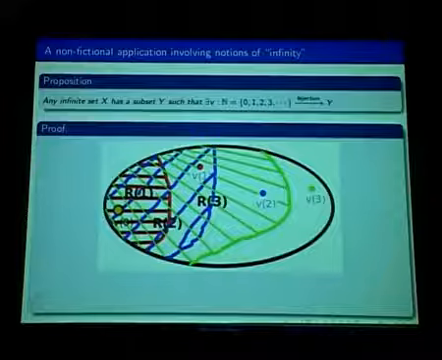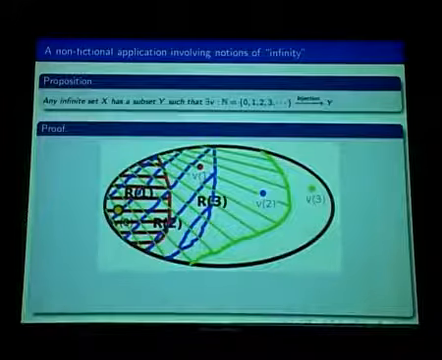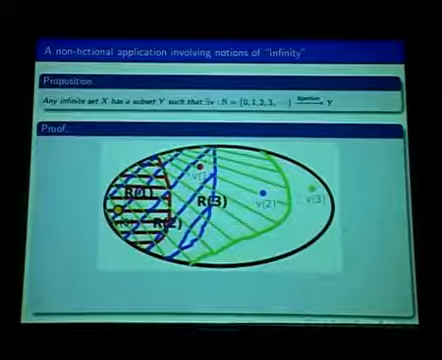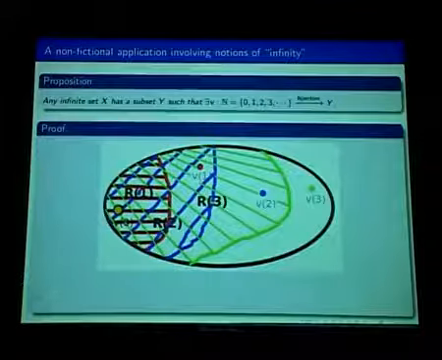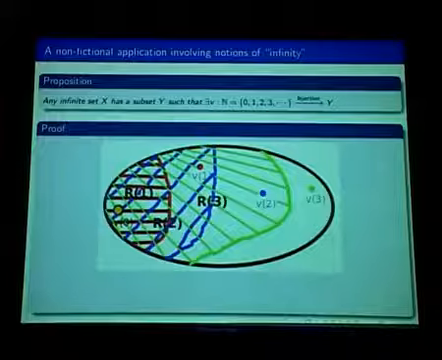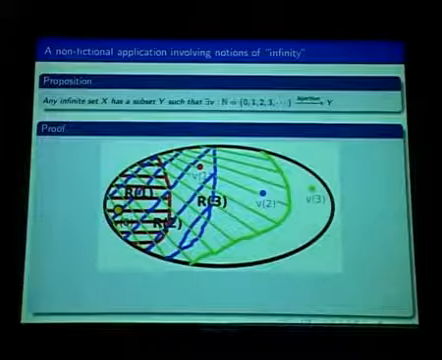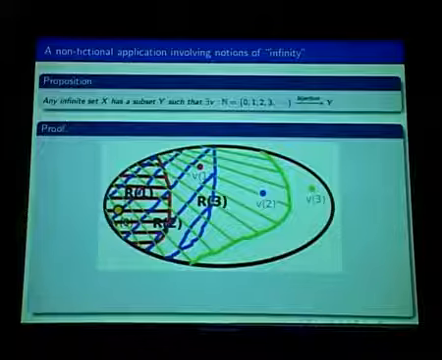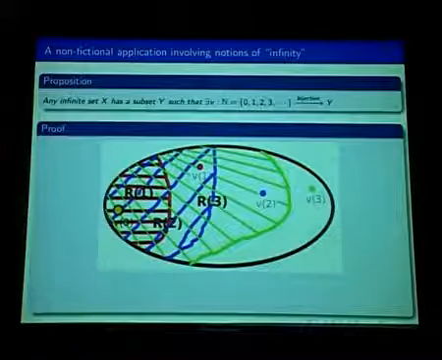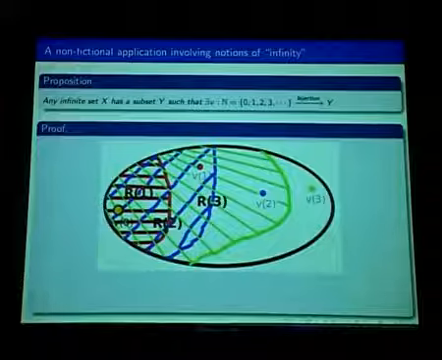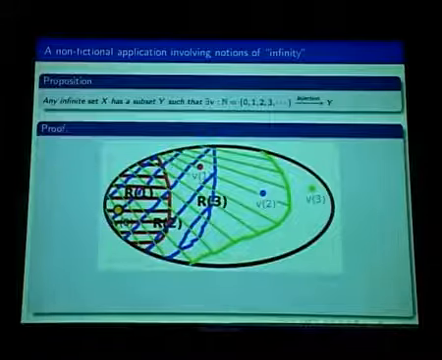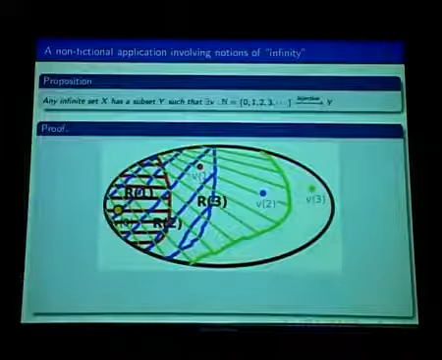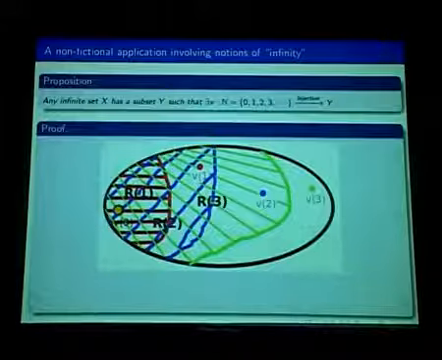Okay, so now something less fictional. Incidentally, this is one application that Halmos also mentions in his naive set theory book right after he states axiom of choice. So what it says is that any infinite set, again infinite, that is important, any infinite set X has a subset Y which is really like the set of natural numbers. So again what it means,